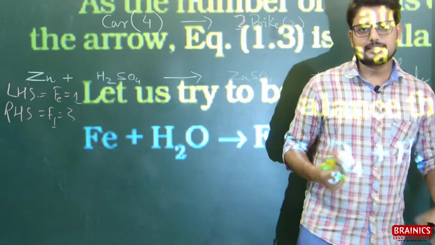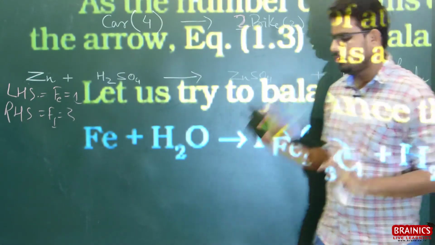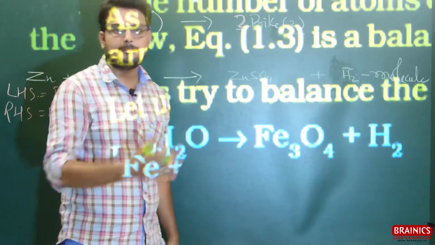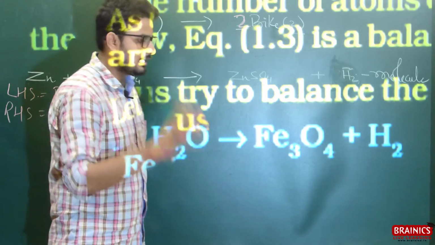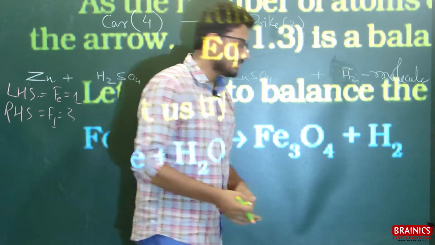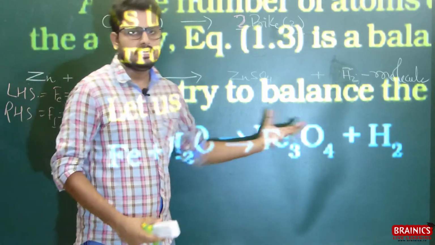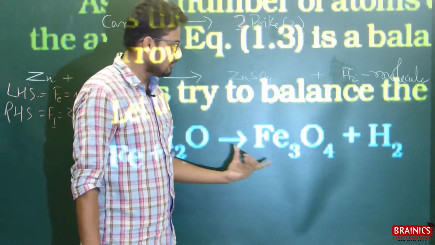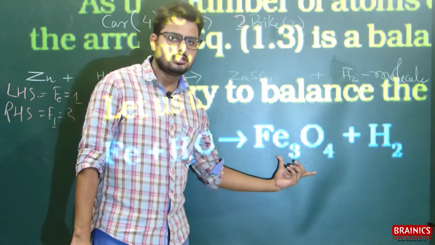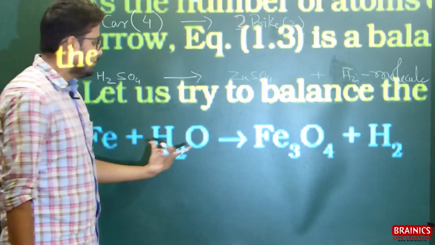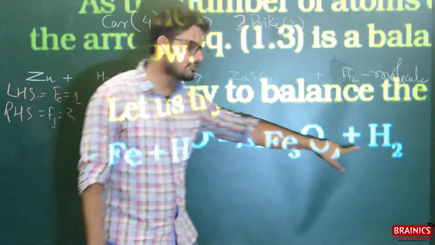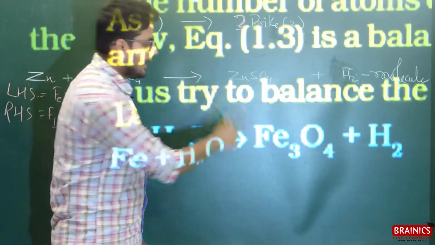Before balancing, first of all, we need to look at the big compound. When I say the big compound, I mean the compound containing the most elements, more than 1, 2, 3, in any given equation. I think this one contains the maximum number of elements, so we need to look at it. H2 is already balanced, so we will have to look at the RHS.